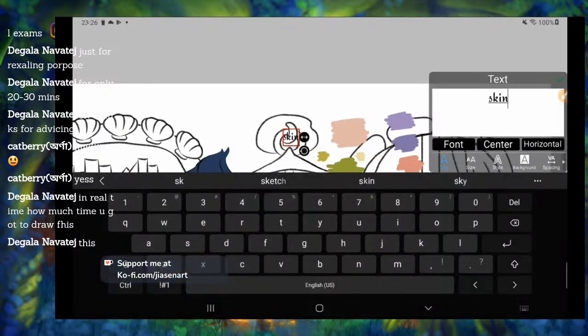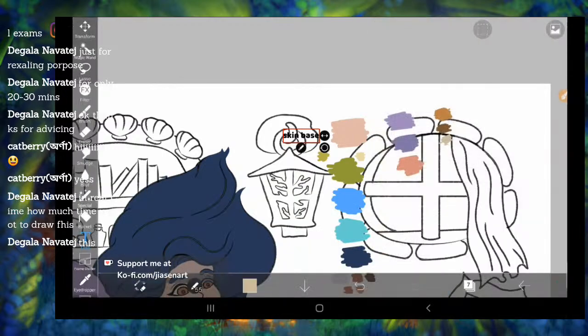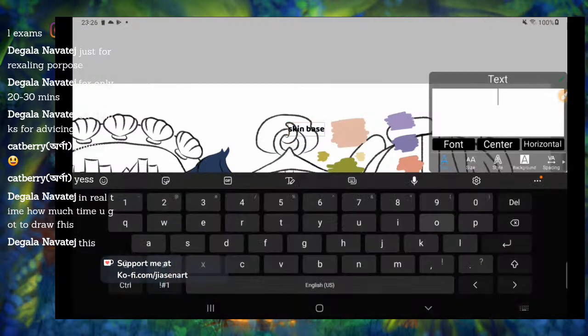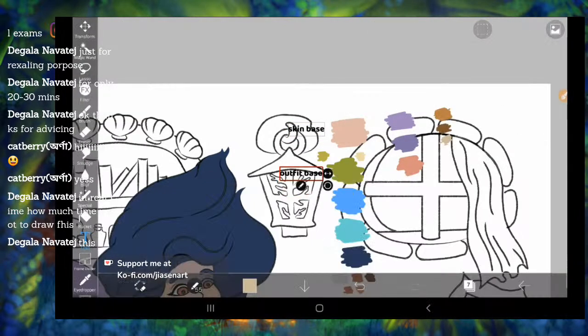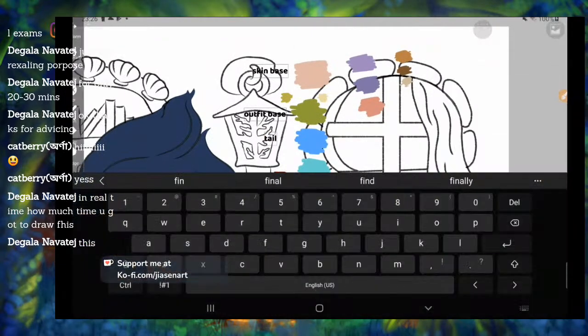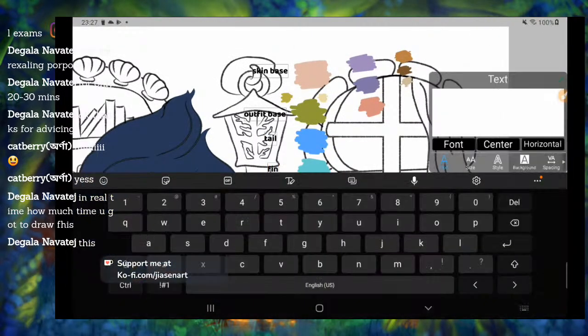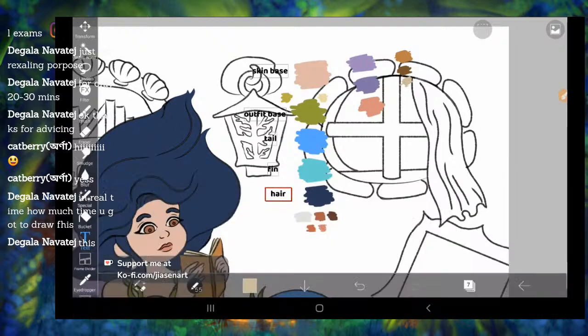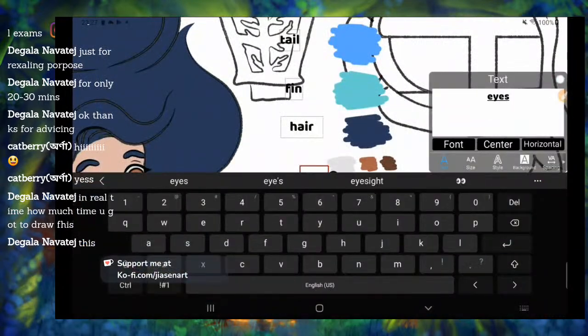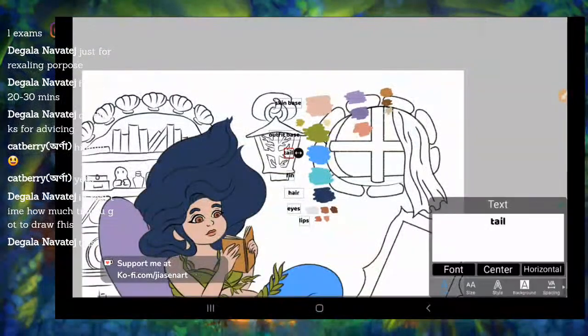So that's why it took me a bit more time. But if I'm not recording, it would take much less, because you just use your bucket tool and tap on the area. Obviously you have to select the layer, your reference layer, and then tap, and you just fill the color. That's how you do it. So it would be much less.